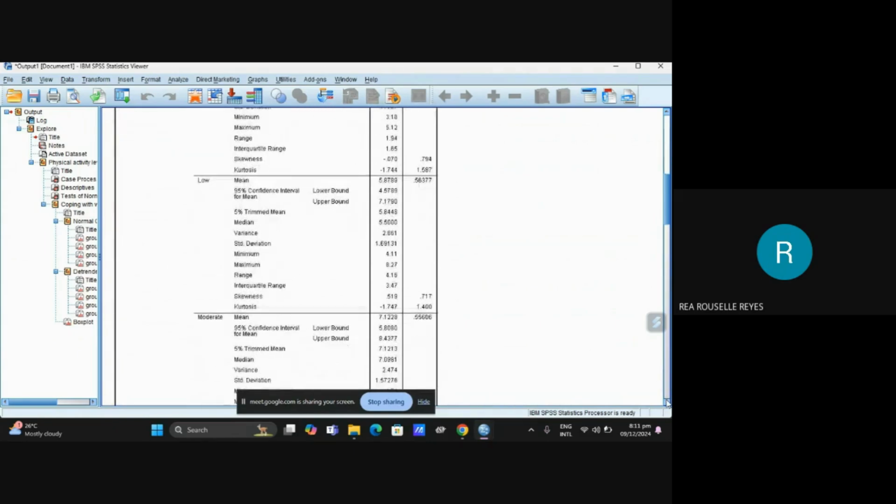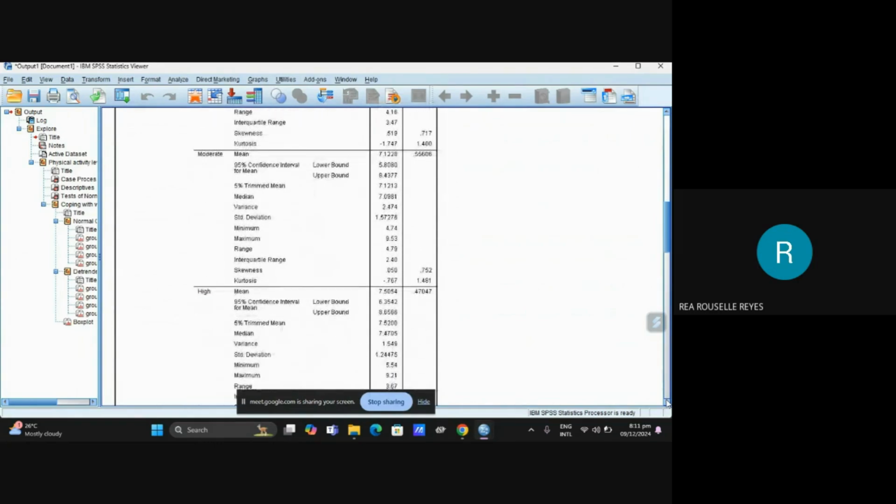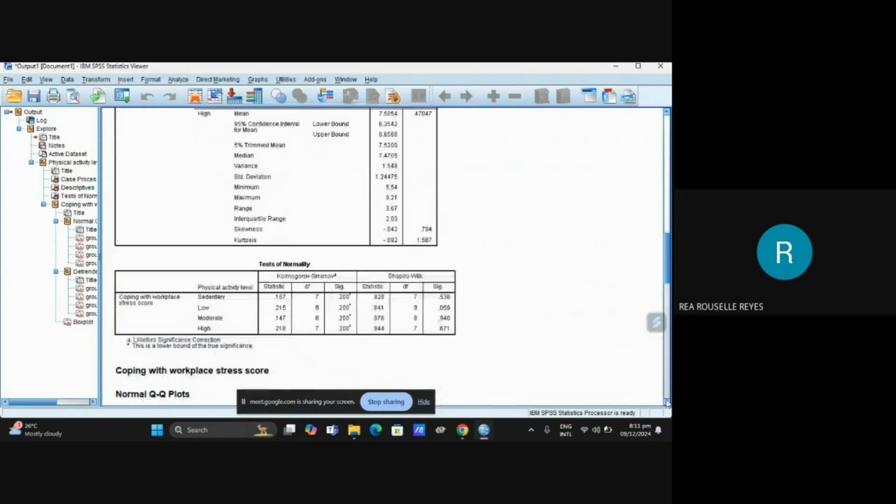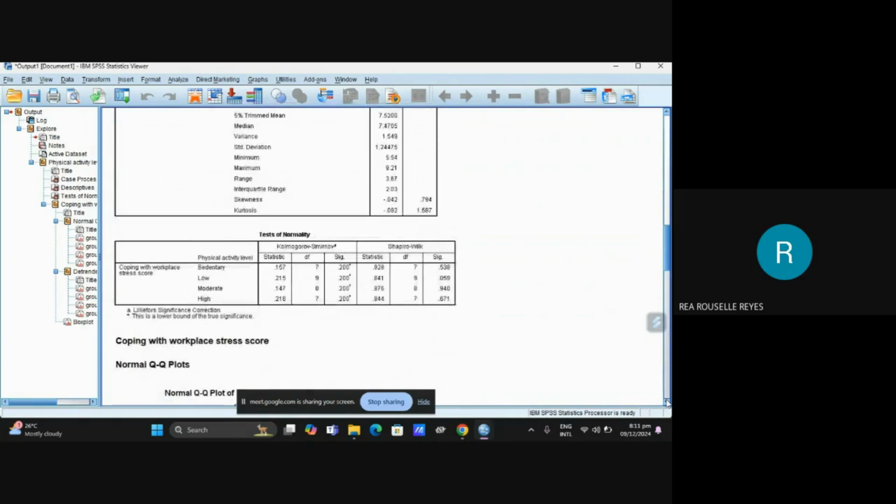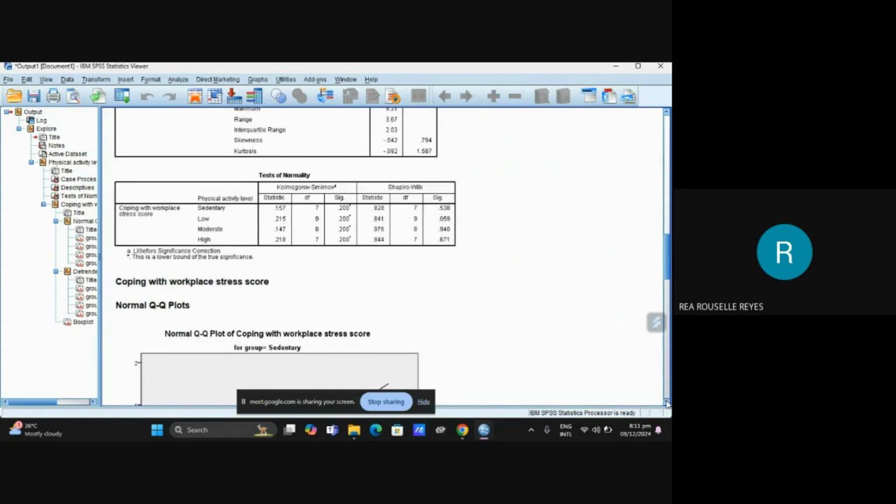And then you can see also the tests of normality. This is the significance level, the p-value of the Shapiro-Wilk test for each group of your independent variables.